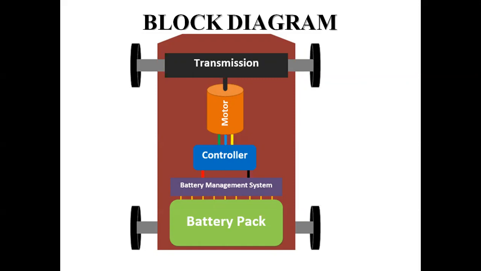Now, transmission was earlier controlled by mechanical work that has been delivered by burning of fuel. Here what we are doing is, we have a battery pack. Now this battery pack is not lead acid batteries, it is lithium ion batteries. So the same lithium ion batteries that you have in your mobile phones, they are of a certain voltage and a certain milliampere. So if you buy a mobile phone, you see how many mAh the battery is, 4000 mAh, 5000 mAh, probably you have 6000 mAh batteries also used in mobile phones.